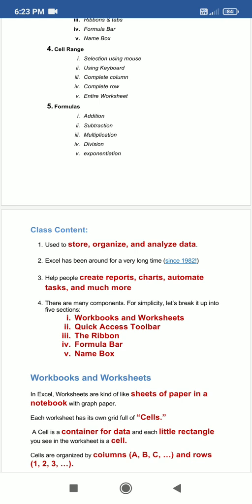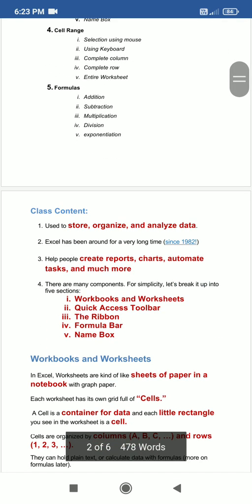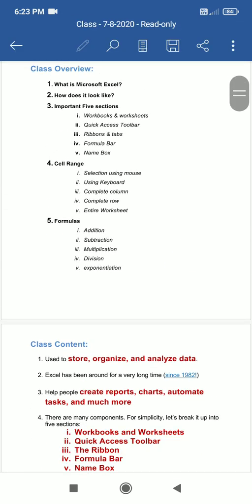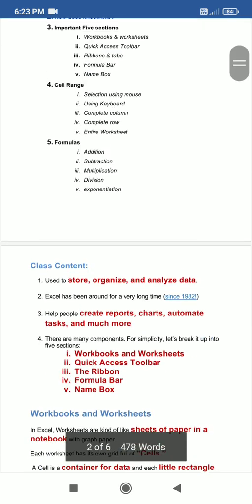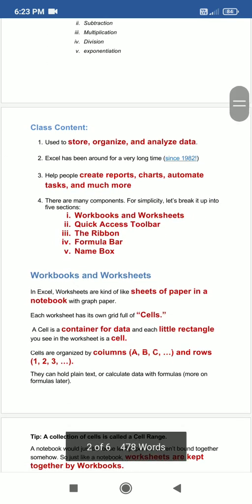As days go by, sometimes memory may forget a few pieces of information. That's why once again I am giving you a quick recap of what we learnt in grade 7. In this grade we are going to learn cell range, formulas and functions. These are all the new components we are learning in this grade. Again, it is a quick recap of your earlier content.